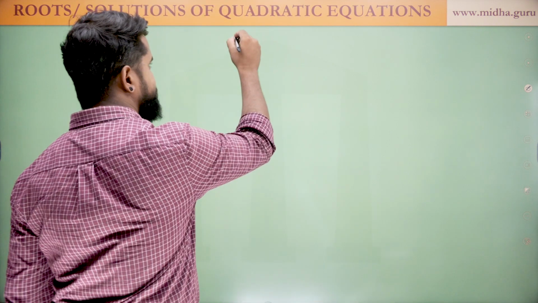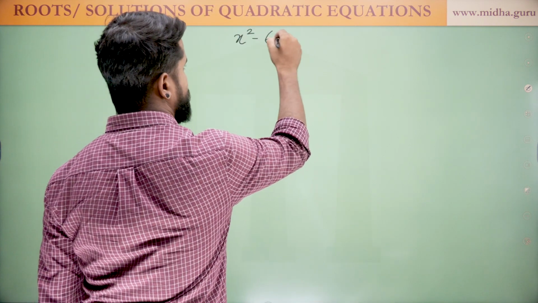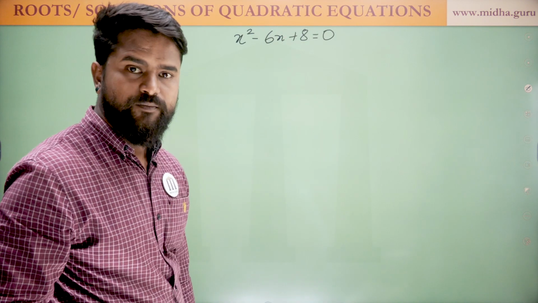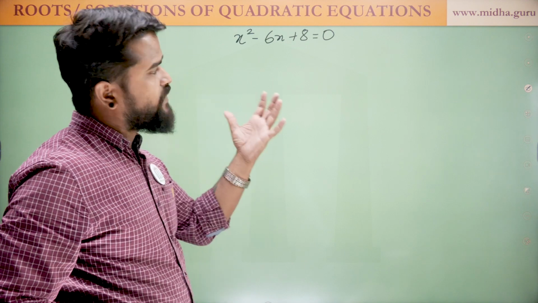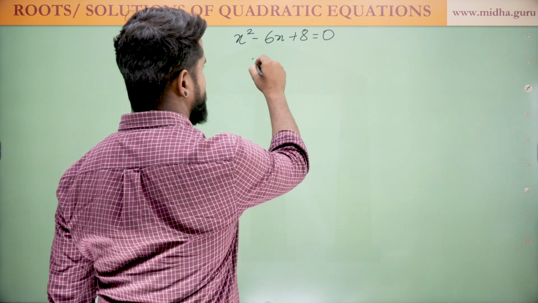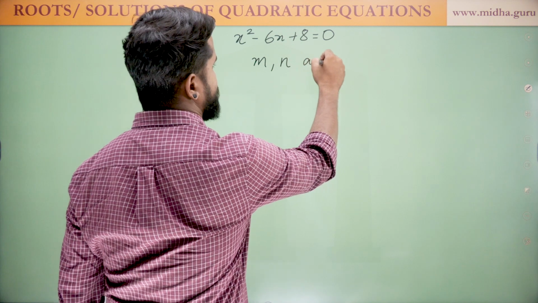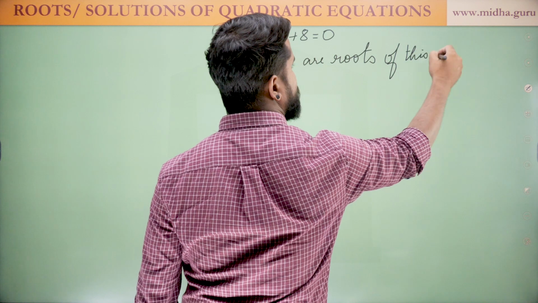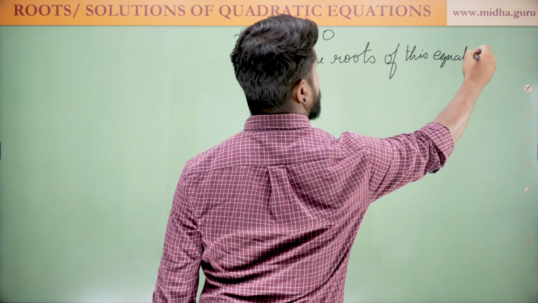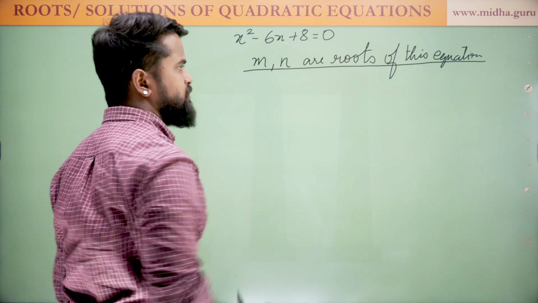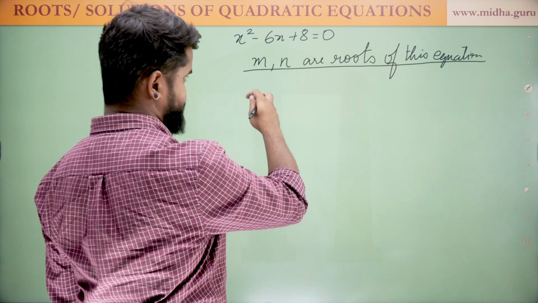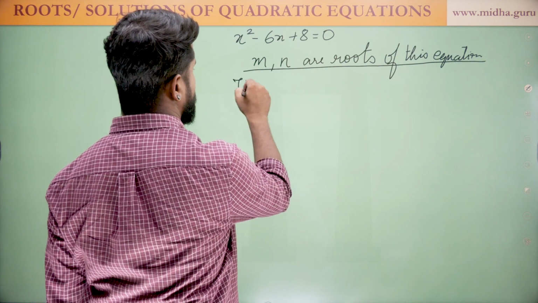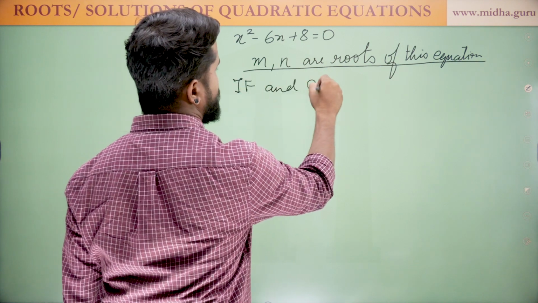Let us see an example. I have x square minus 6x plus 8 is equal to 0. So I need to find roots such that, let us say, m and n are roots of this equation, right? Now I say that m and n are roots. So what are the conditions? It is if and only if